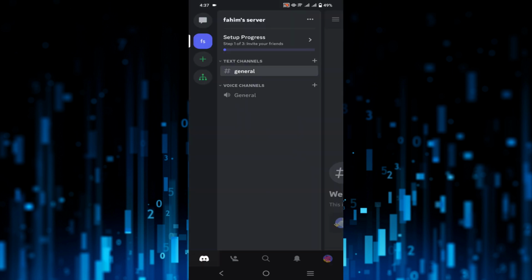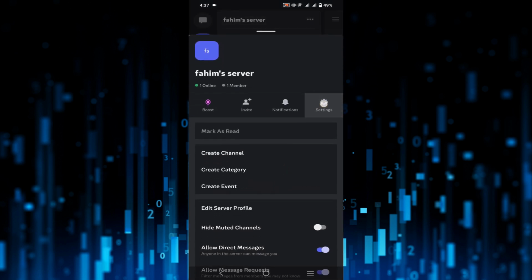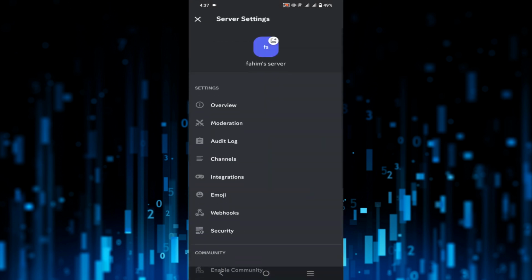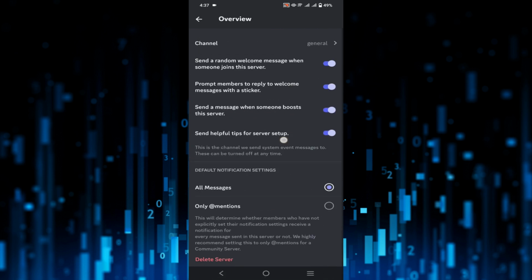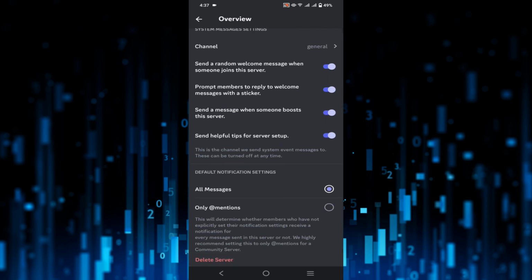First click those three dot line of that server and go to settings and click overview here, and here on the bottom you can see the option delete server. I'm just going to delete my server because there is no one in my server, but you can also transfer the ownership of the server to your friends. I'm only deleting my server. Just delete the server